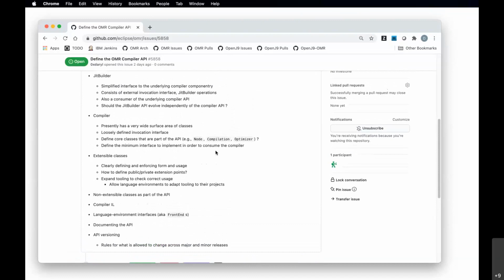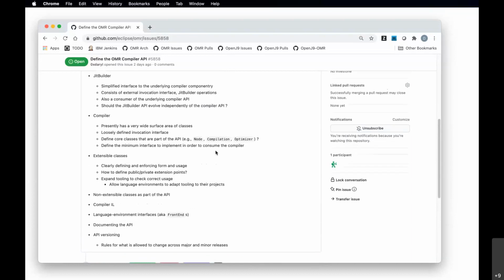the other challenge that we're going to have is documenting the API, obviously, making sure that it's well understood. If the classes are going to be part of the API, then obviously we need to document those. Consistency would be a good goal to achieve as well. So having a consistent way of documenting all the classes, all the methods, all the data structures, things like that would be useful to do.